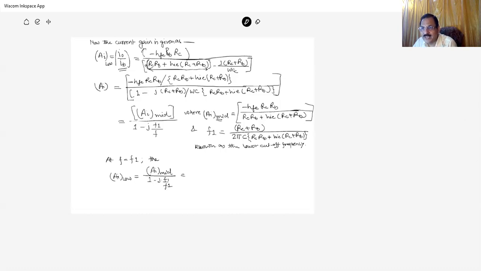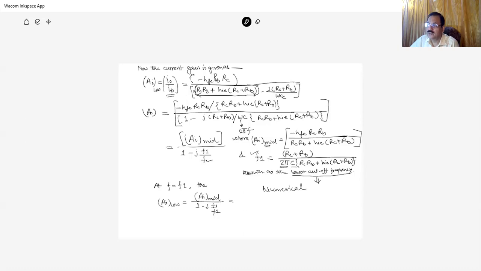And the remaining part, omega is equal to 2 pi f. Omega is equal to 2 pi f. So 1 upon 2 pi f. So f is here, and 2 pi is associated with the C and the remaining part of this part. So these are considered as a frequency value, known as the lower cutoff frequency. We can solve the numerical value for the lower frequency. This is important, that we have to find out.